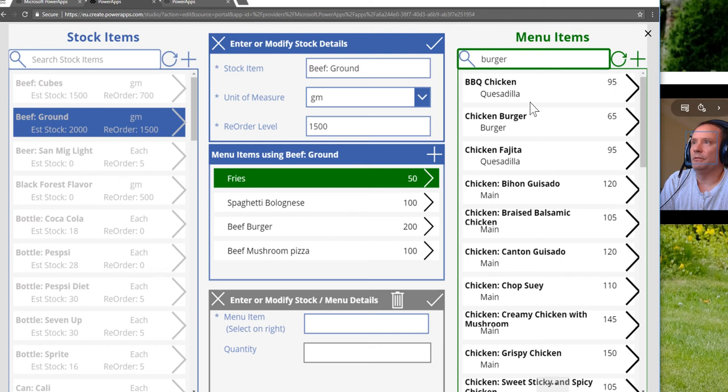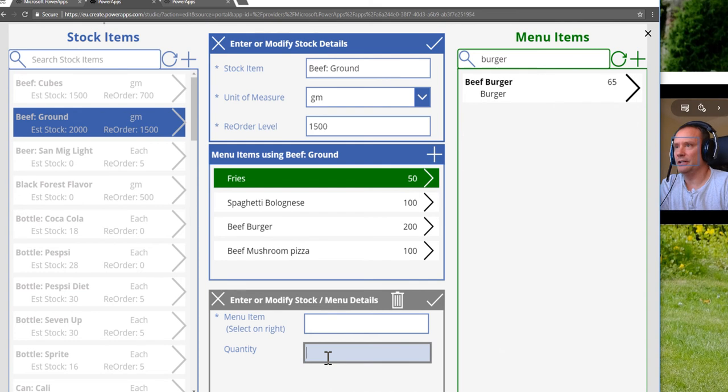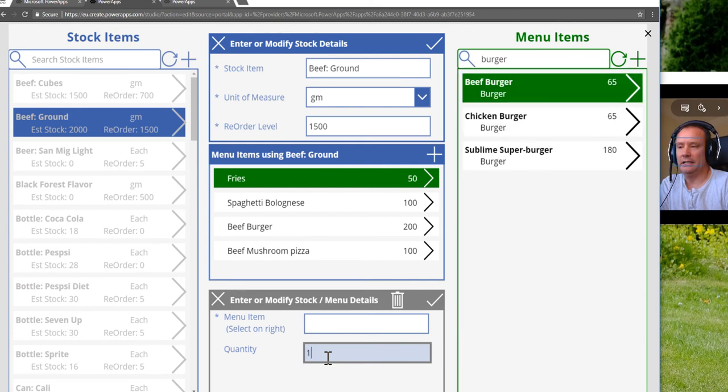Come on, PowerApps, don't go super slow on me when I'm in the middle of a demo, please. Okay, well, while that's going off and finding the burger, I think I can still enter the quantity and say, okay, this particular type of burger is going to use 150 grams, and there it is,